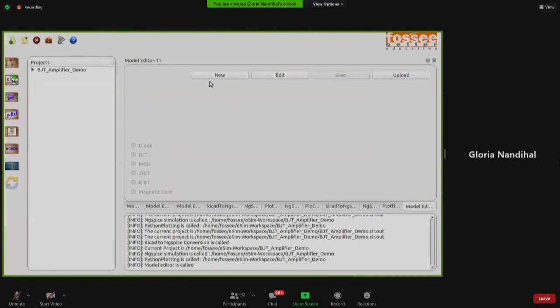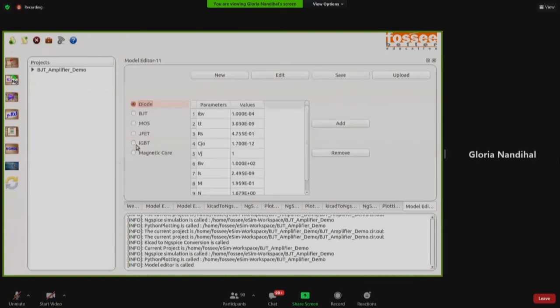The first one is using a new button, and the second one is using an upload option. Okay. So if you click on a new button and you say I want to enter a model for it. So now you all know that you have been using in the lab 1N4148, which is a diode device model, right? If you see, when you click on this, these are the templates